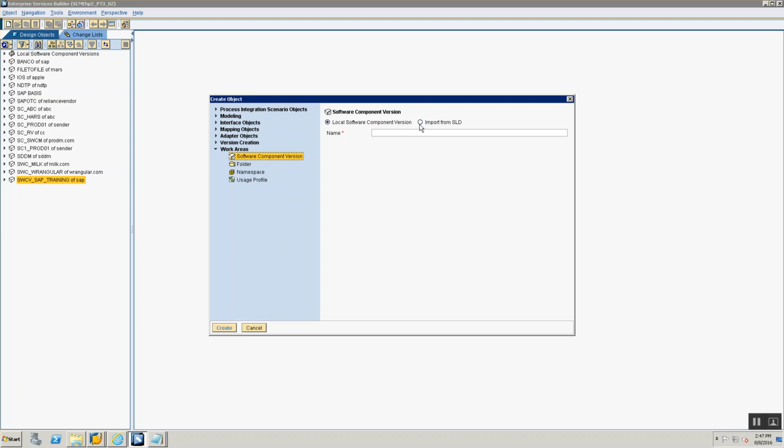And what are we going to do? We are going to import the software component from the SLD because you've defined it in the SLD. The local software component version is not something that we will be using in this training. So remember, you define the software component version in the SLD, and now you're going to import it from the SLD. All right, so you're going to now select Import from SLD. And now when you click on Display,